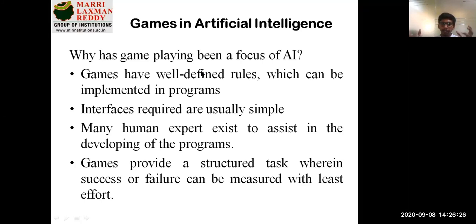The games can be single or one-on-one player. Take a small example, the game of Ludo, a very common game played by children and everybody. You can play with four players, two players or three players, and if nobody is there, you can play against the system also. How is this developed? What is the theme behind this? There will be well-defined rules which can be implemented programmatically. That's our understanding.